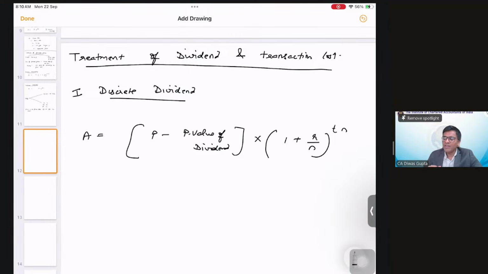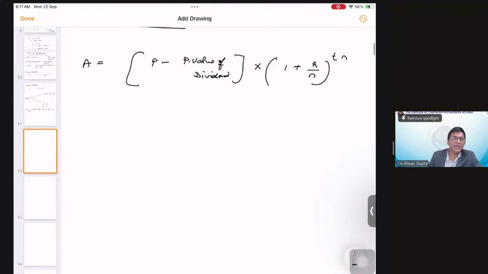Why we are reducing dividend? We are reducing dividend because dividends are never paid on forwards or futures, right? They are only paid on the spot, and the spot price is always increased by the dividend value. Clear? It is always increased by the dividend value, the spot price, because the moment you keep on accumulating your dividend into your spot price, it keeps on increasing. But futures, there is no dividend that is to be paid. Then P minus present value of dividend